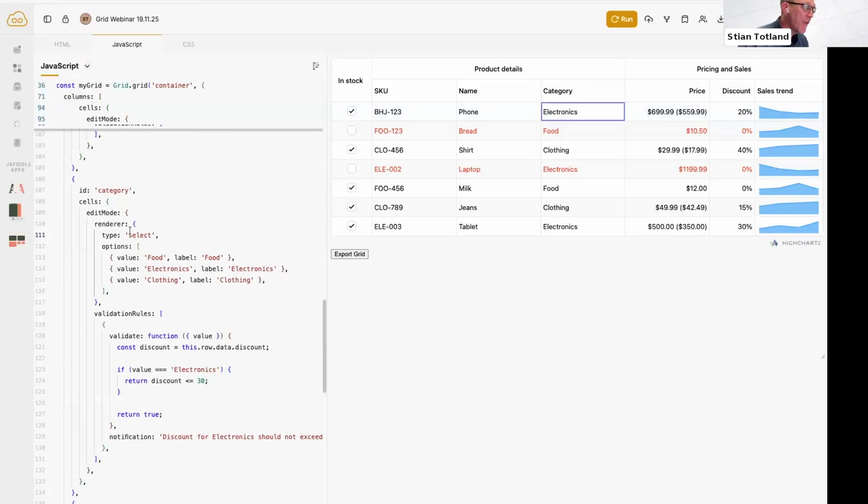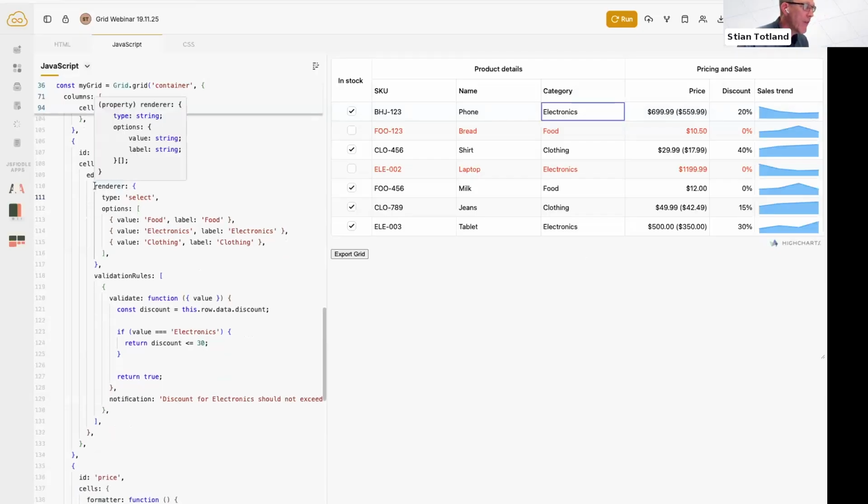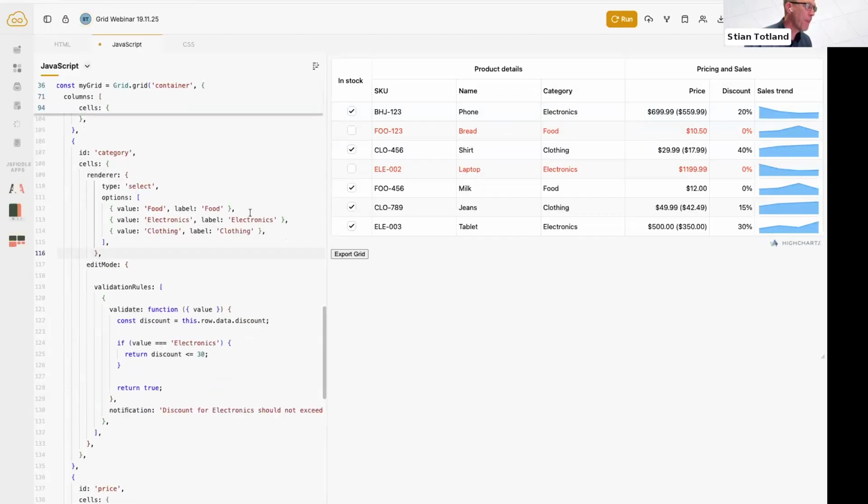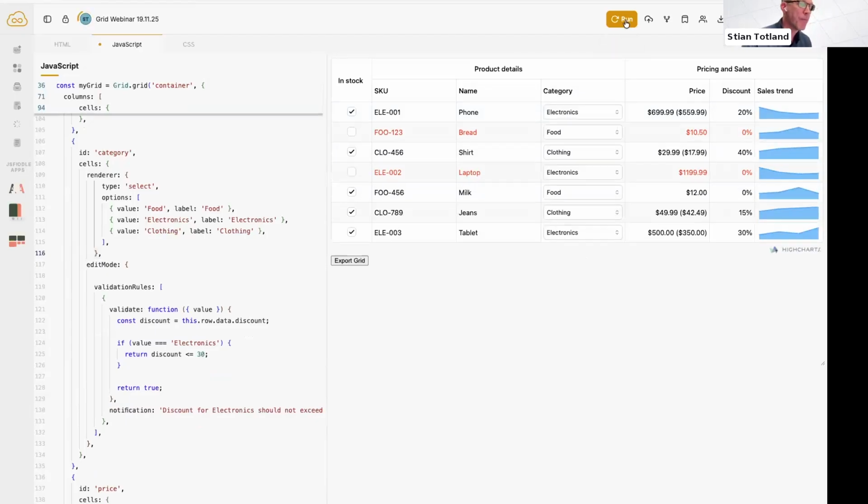And I can, of course, if I want to, take this. If this is a field that continuously changes, I can move the renderer property and I can put it out here, and it will render like this instead. And then